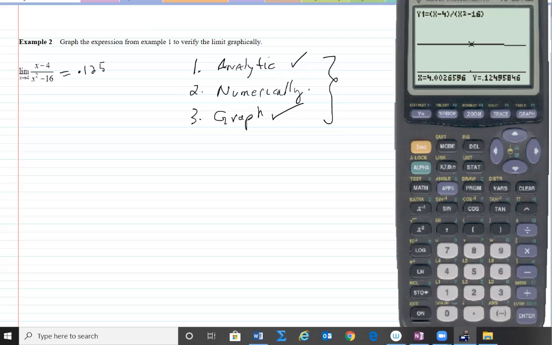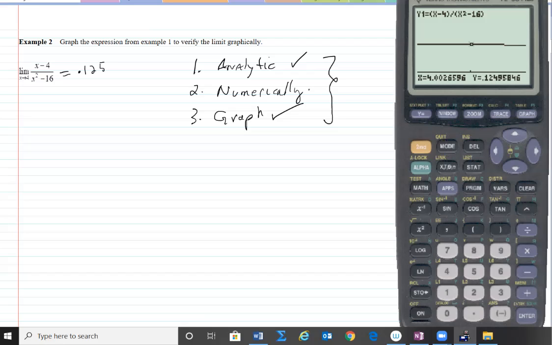Trace 4, enter. Okay, again, nothing. Now a little bit to the left, notice my x is 3.996. If I go to the right, it's still a little bit less. Let's get past that 4. There it is,